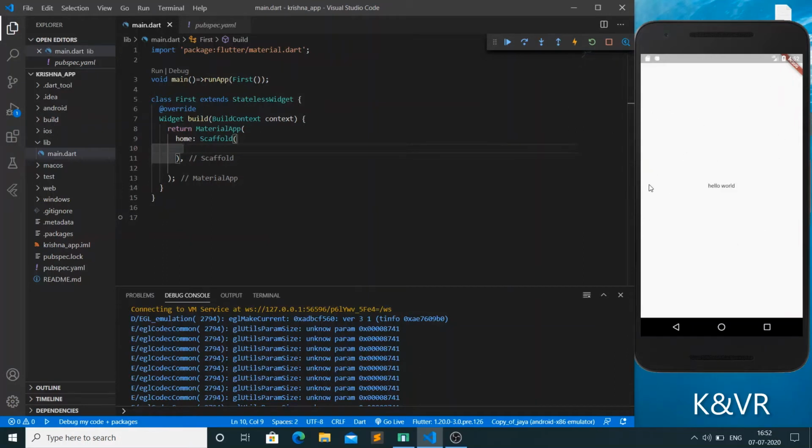Just see here, the entire screen gets the white page, that is the purpose of Scaffold. Here is the MaterialApp that returns whatever material is in it. From Scaffold we are writing the body. This is the body. In this body we are initializing the text.